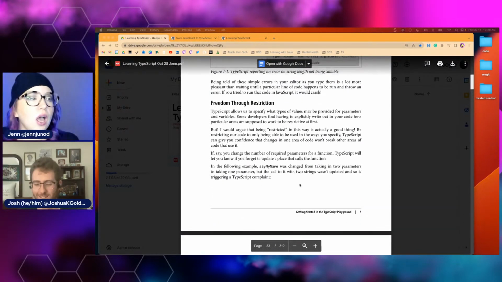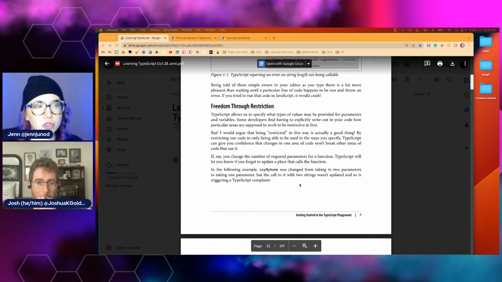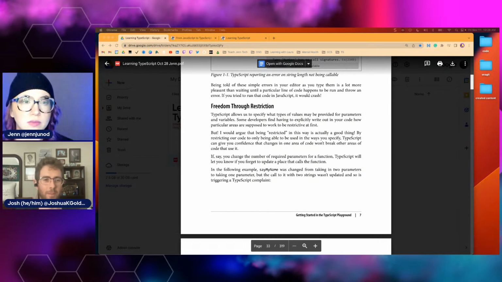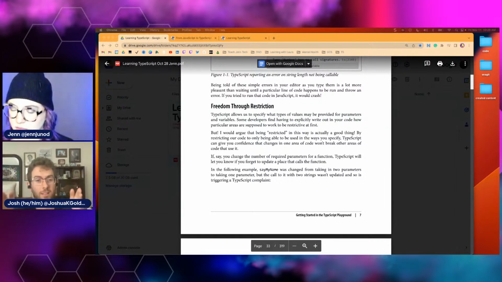Anyway, so, freedom through restriction. What? Yeah, this was something that took me a little bit to feel comfortable about when I first got into TypeScript. TypeScript actually restricts you a little bit, but in a good way. It's like the little gutters when you're bowling, or little training wheels on a bicycle.